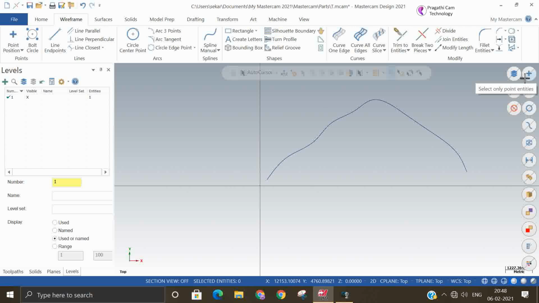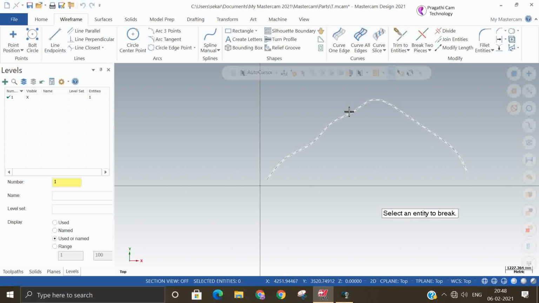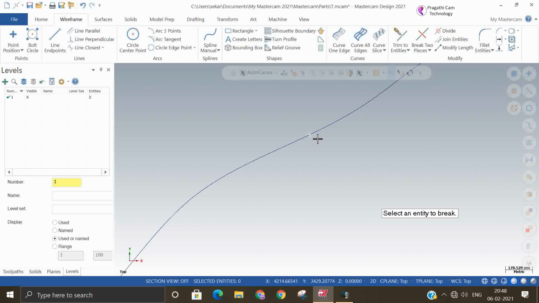So now we are going to see the blend option. It is a mostly used spline option. First of all, let me temporarily break this particular spline, unzoom it and remove a very small portion of this spline.